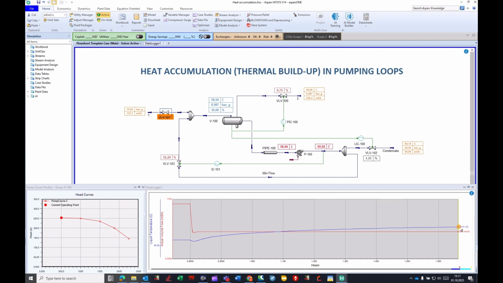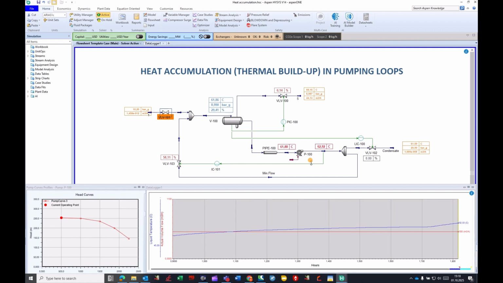So now you can see the temperature is still not stabilized, but it's around 59 degrees centigrade. It's about 10 degrees higher than the previous normal operating temperature. But if the flow is completely stopped, what can happen? So this is an extreme case for this study. So just remember, every loop has its own characteristics. So it's wise to simulate dynamically to find out the